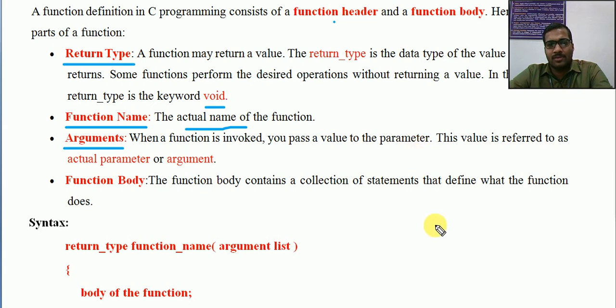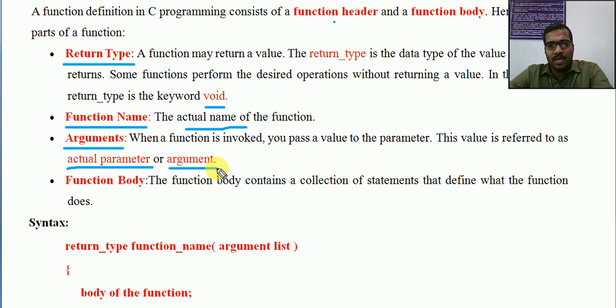Okay, so we will see when we look at an exact example, then only we will understand what this argument contains. But just understand that arguments are the additional information, maybe some variables, maybe some values that are to be passed. Okay, so in the definition we are actually having parameters. This parameter is called an actual parameter or argument. So argument is also equivalent to parameter, but exactly an actual parameter is called an argument.